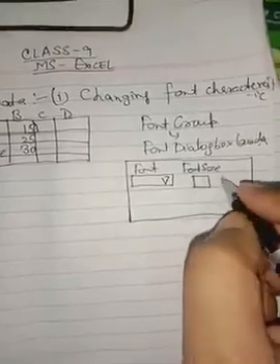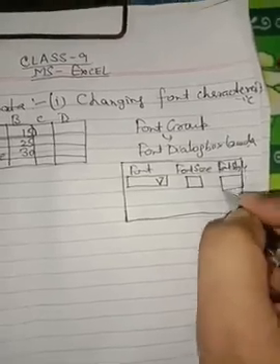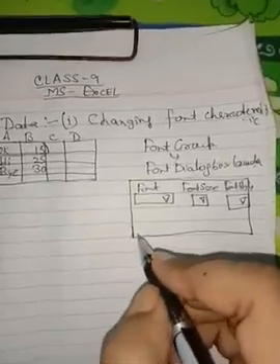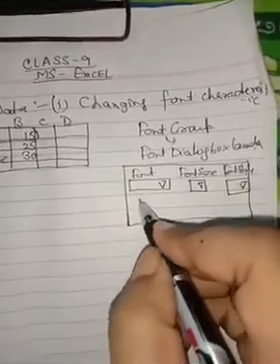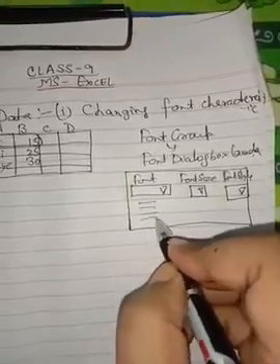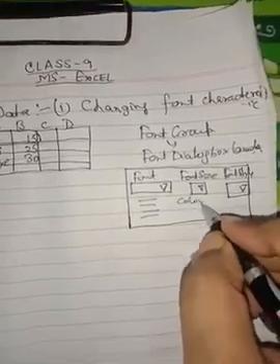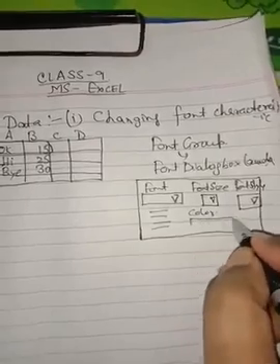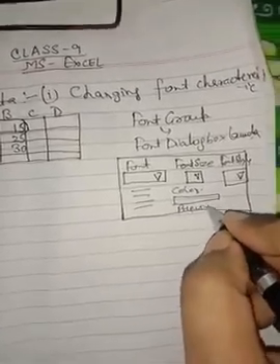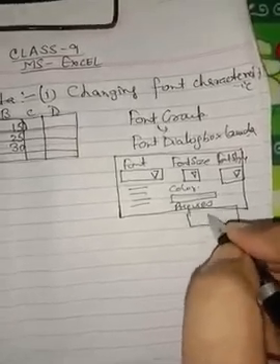Next we have font style. From font style we can select the bold, italic, underline, etc. Next we have some other formatting scripts like superscript, subscript, strike through, etc. Next we have color, the font color that we want to apply over here, and then we have the preview option over here. Whatever changes we make in the text will be available in the preview.